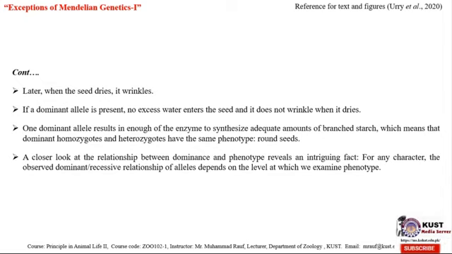So it is in the pathway from genotype to phenotype that dominance and recessiveness come into play, just like we observed in the round seeds and the wrinkled seeds. The allele determining the round seed doesn't suppress or control the expression of the allele determining the wrinkled shape. It is this dominance and recessiveness that is determined in the pathway during which these genes express themselves.